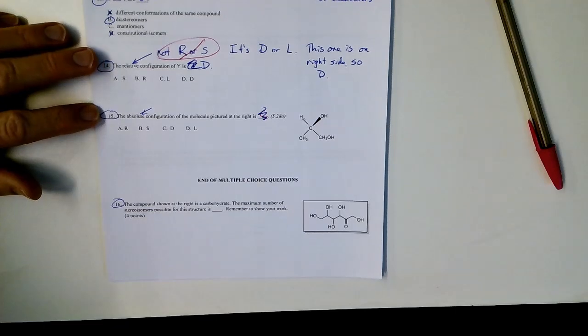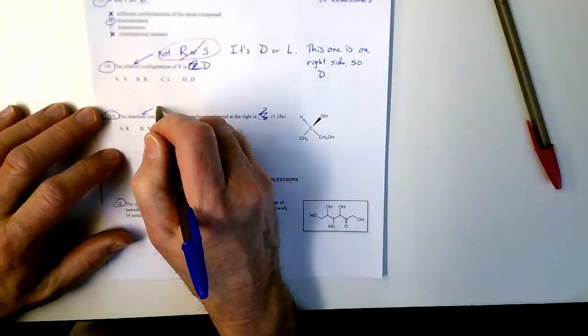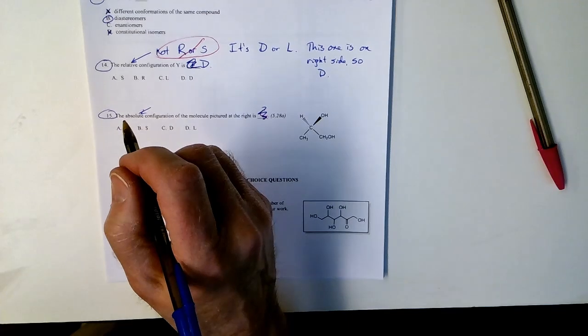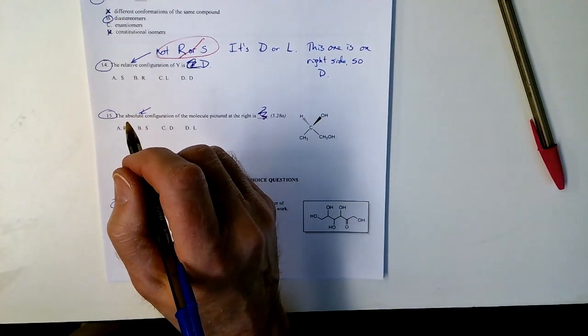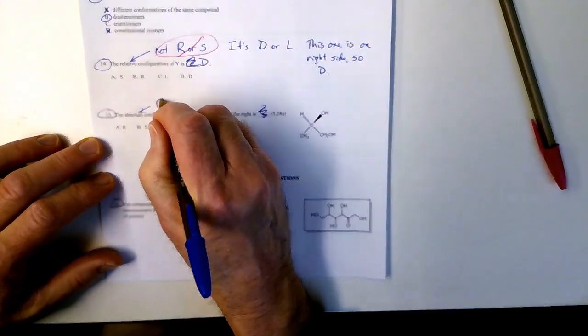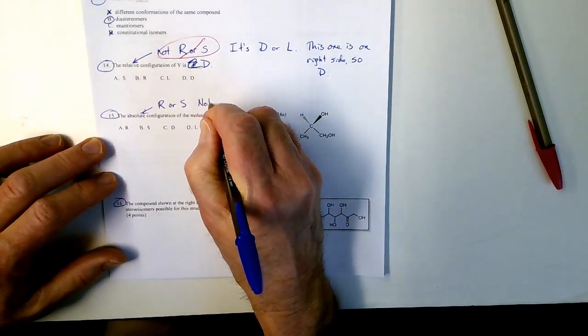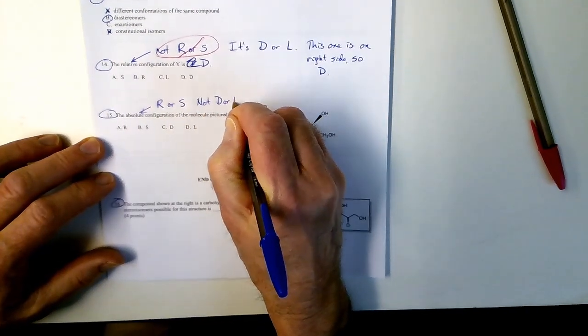Okay, this next one, which is also asked for, also has a minefield in it, absolute configuration. If you're asked for absolute configuration, your answer can be only one of two letters, and those two letters are what? R or S, yeah, okay. So that puts us off into a different zone. R or S, not D or L?